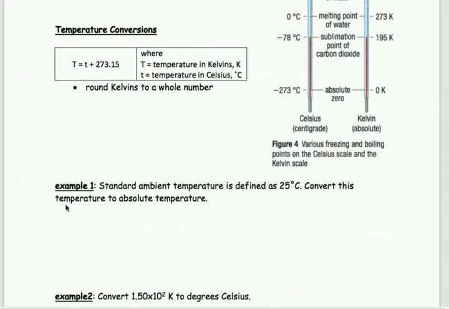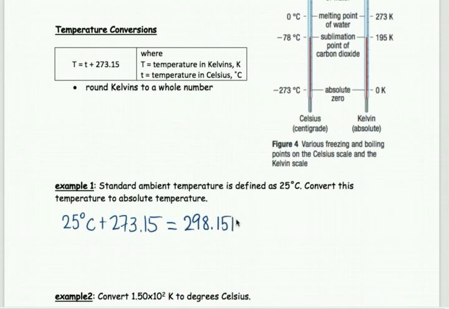So what you're going to do here is take your 25 degrees Celsius and add our magic number, 273.15. When you add that up, you will end up with a value in kelvins, and that will be 298.15,